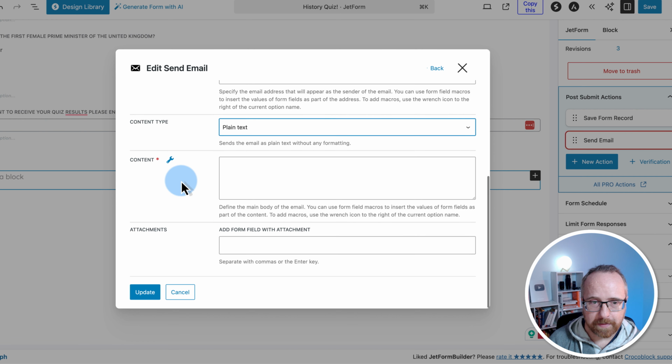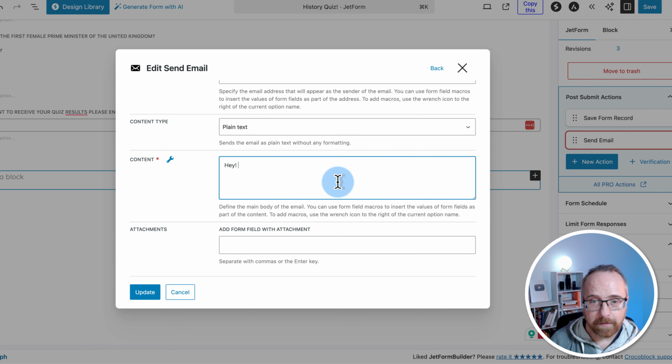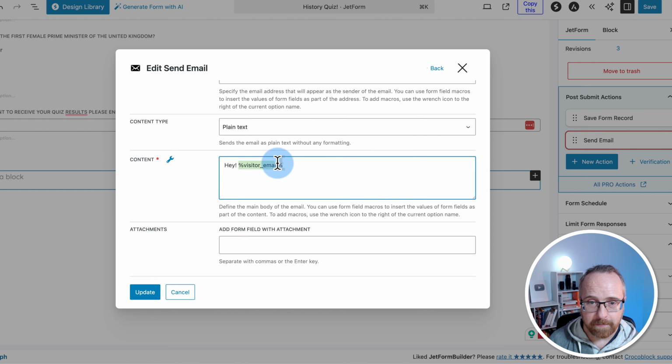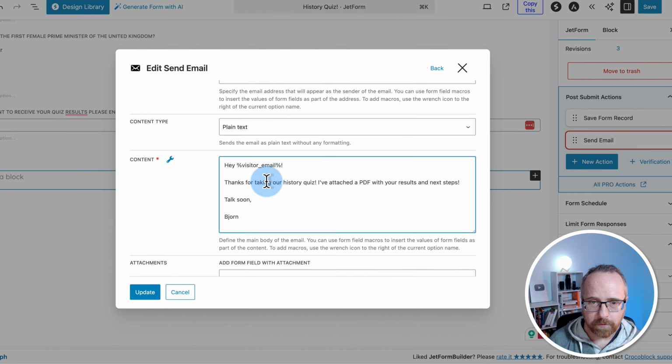Content type, plain text. This is where you could also personalize. If you had a field for the name of the person filling out the form or the quiz, you could add them in here. Click on this gear icon. Let's pretend the visitor email is the visitor's name. So you could have in here, hey, Bob. So for the email message, we have, hey, visitor email, and that could be their name, like Bob or Frank